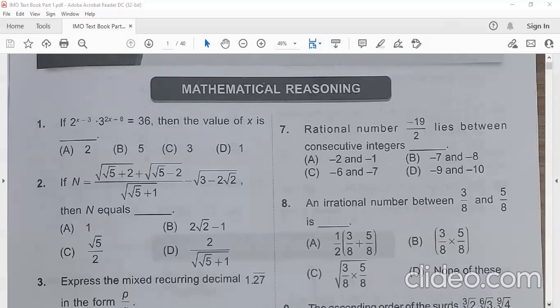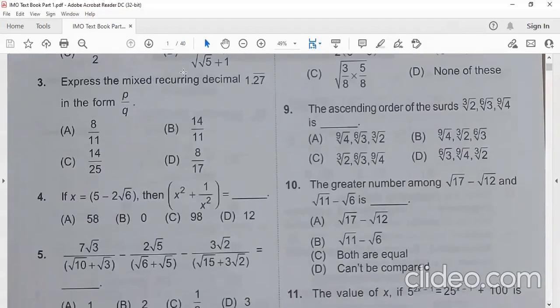Now question number 3. Express the mixed or recurring decimal expansion. This question we have already discussed in the regular classes. So how you will write 1 whole 27 upon 99 with the shortcut concept. Now if you will simplify this one, you will get 126 by 99. If you simplify more, 3 nines, 3 nines, 4 1 4 2, again it will cancel out by 3, 11 and 1 2. So 14 upon 11 means B is the correct option.